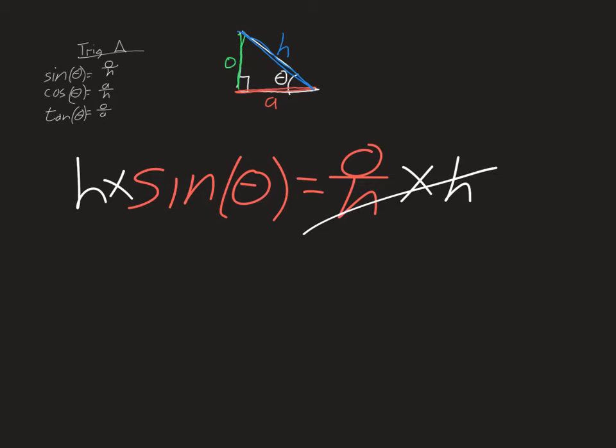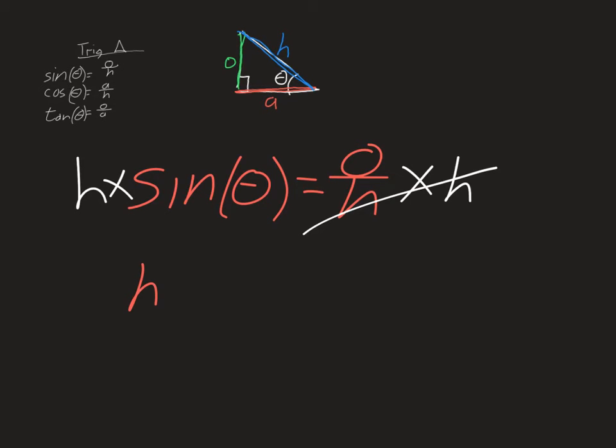So anything that is both multiplied and divided by the same thing is just going to leave that O for opposite side. What you do to one side, you have to do to the other. So we multiply sine of theta by the hypotenuse, and we should get just our opposite side. So we have a brand new equation we can now write,